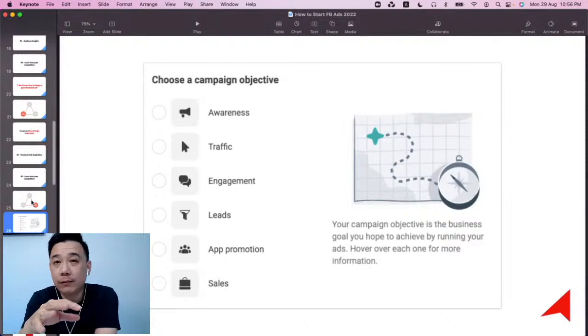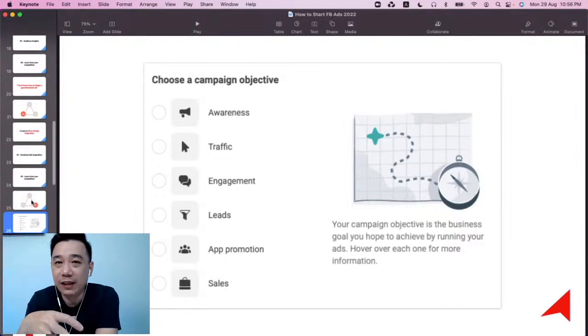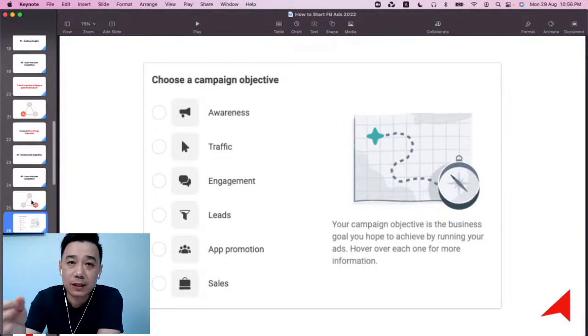Usually, for most cases, unless your business is really about branding, you do not need awareness to do that. Awareness is not for most advertisers or most businesses, especially if you're running a small or moderate budget. Go for the action, the outcome that will benefit your business the most. So that's my advice to you.